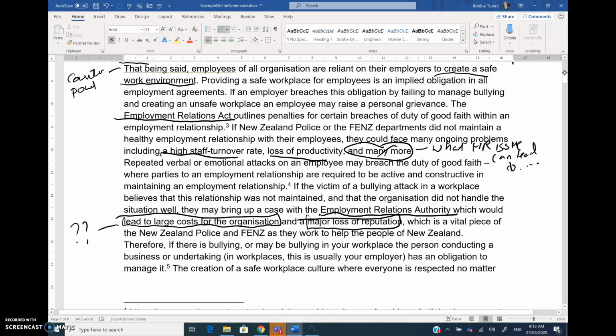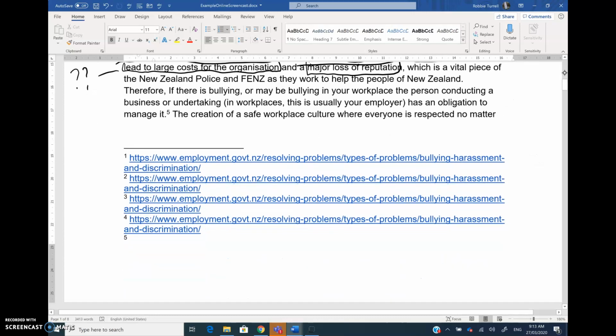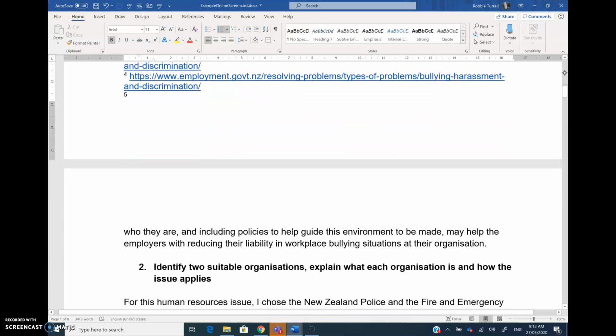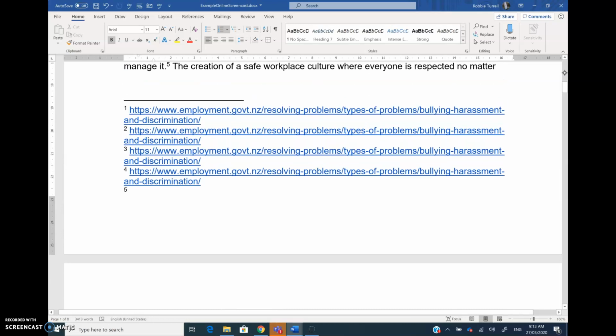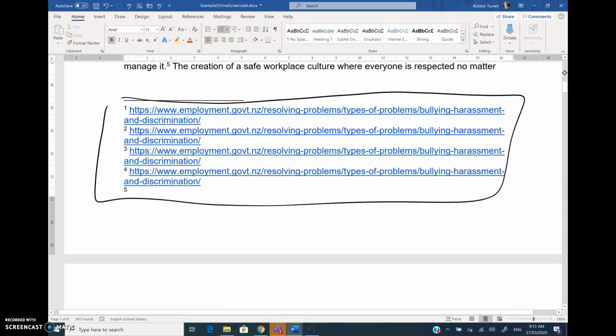Therefore, if there is bullying or maybe bullying in the workplace, the person connected to the business or undertaking in the workplace has an obligation to manage it. Okay, creation of a safe workplace culture where everyone is respected no matter what or who they are, including policies to help guide this new environment to be made. Reducing their liability in workplace bullying situations. That is a good point. So to be aware of this, to manage this, reduces their liability. That's a good point. Okay. And once again, please notice these are nice